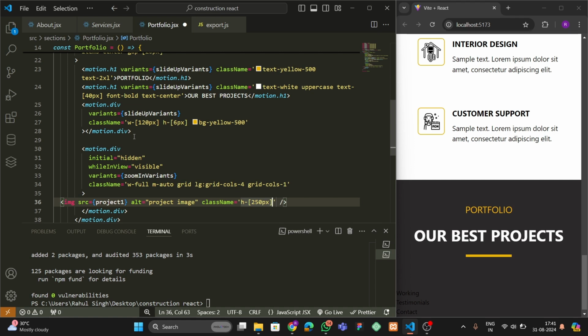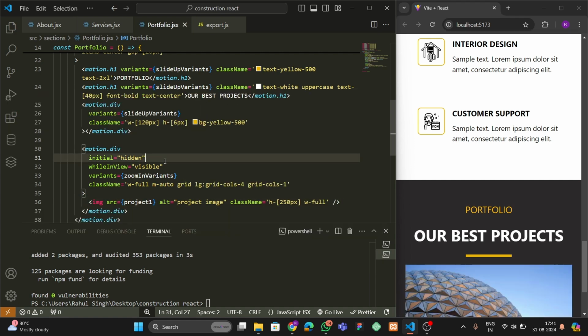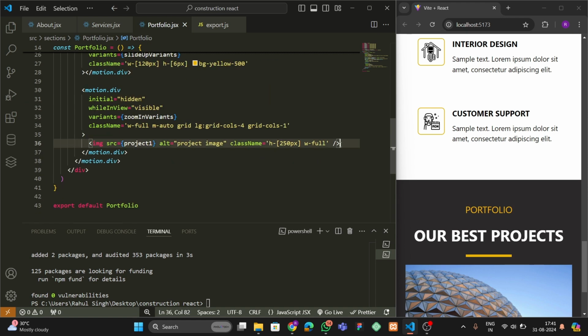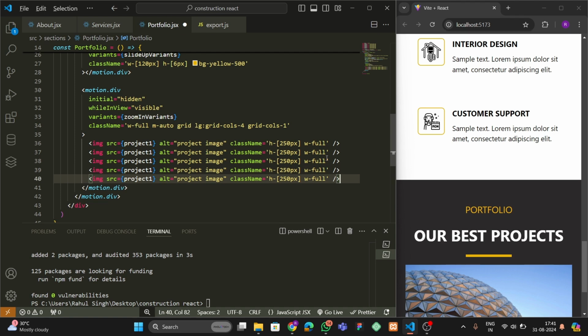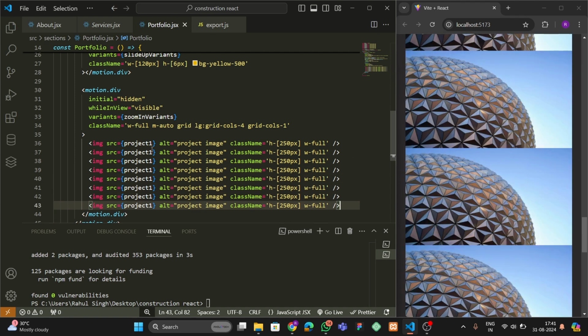Class name would be 250 pixel and width would be full. So what we have to do is just duplicate this image. So let's duplicate this 2, 3, 4, 5, 6, 7, 8. Okay, if I go here, you can see that all the images are there. So we just have to change the name here: 3, 4, 5. This would be 6, 7, and here we have to give it